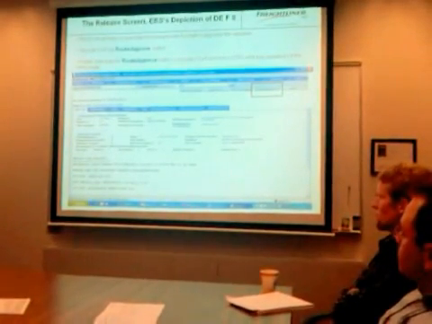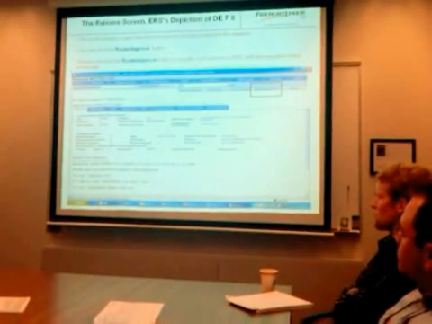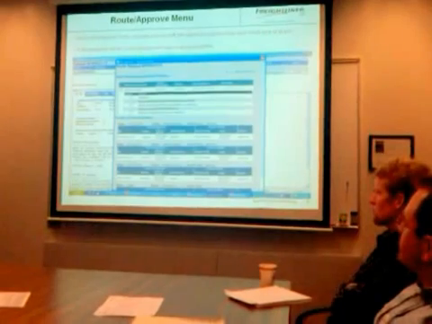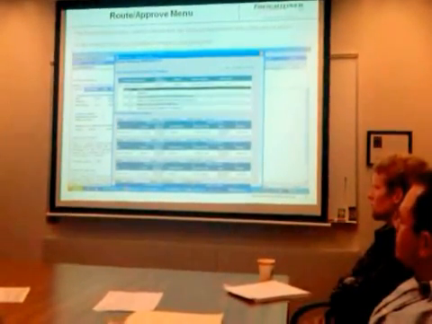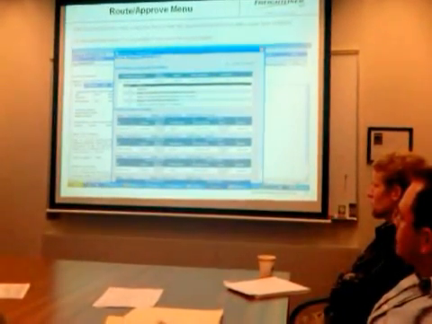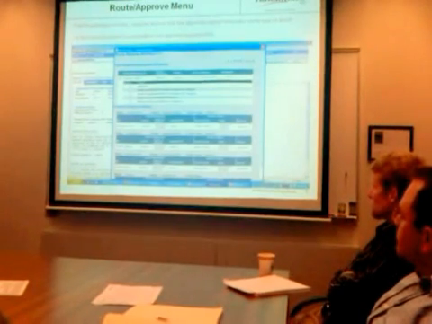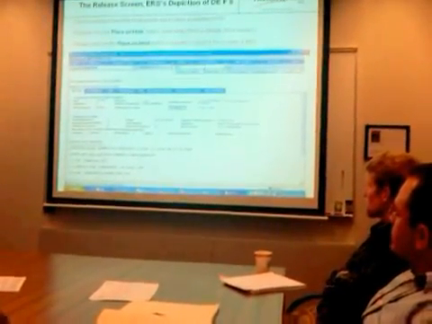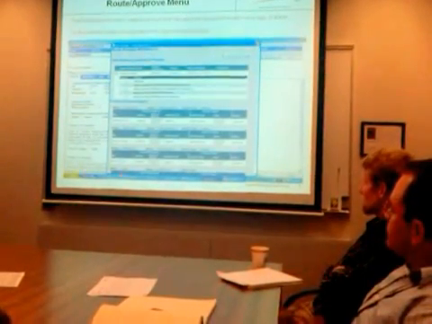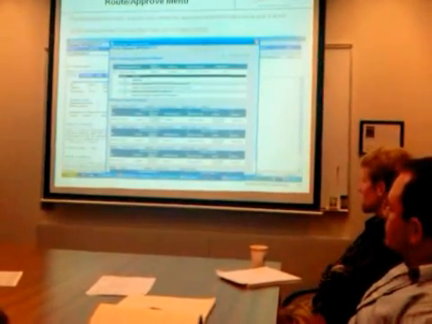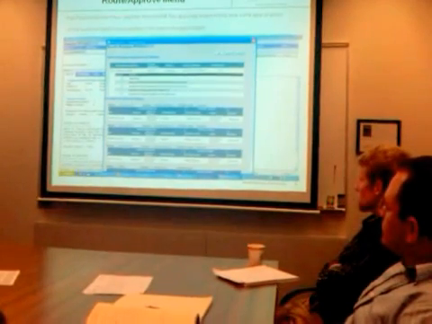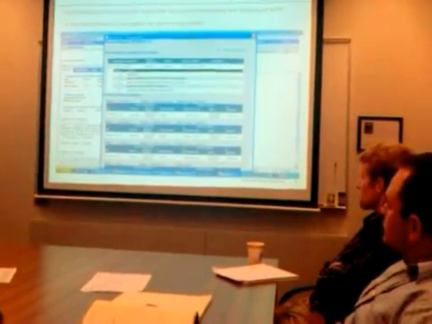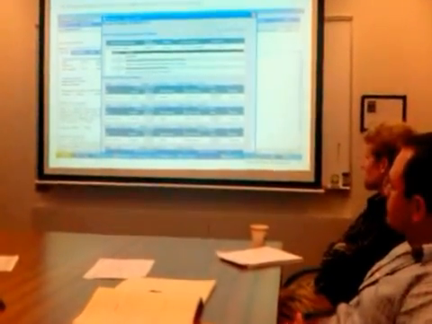So the function you're interested in is the route approve. And in essence, you highlight your name, you put a little check mark in your name, and then in essence it'll route it. Once you put the check mark in your approval, hit OK, it moves on to the next step. And you're basically done with it at that point in time. But let's say that you found something that